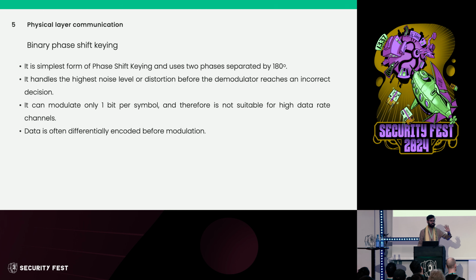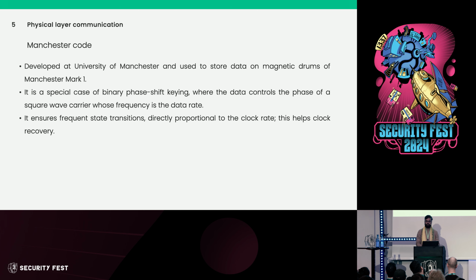For computer science, maybe you studied this, maybe you didn't, depending upon the school you went to, but this is covered in electronics and communication. Now, if you have heard about Manchester encoding, you just need to know that Manchester encoding is one specific case of binary phase shift keying. So for this specific purpose, we are going to stick to Manchester code because this is taught basically everywhere, okay?